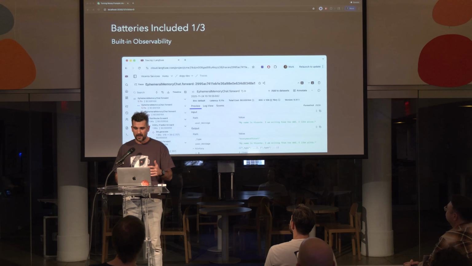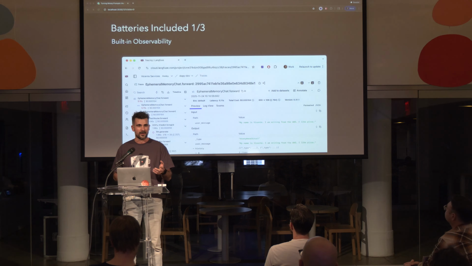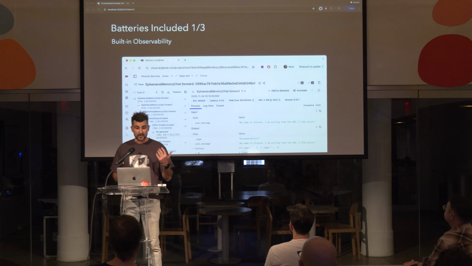We also need observability. We need to know what's going on in production. We don't need Neo's matrix vision to figure out what's going on while our customers are using our products. With DSPy.rb, all these things that I showed you before are traced via OpenTelemetry, and you can just dump it into Langfuse and see what's going on.